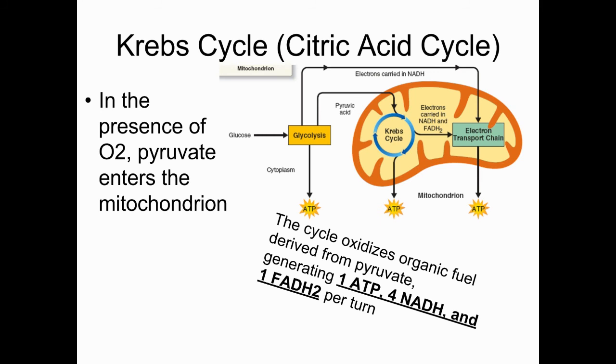This center region is known as the matrix of the mitochondria. That's where the Krebs cycle occurs. And all of these little folds of that membrane are known as cristae. And that's where the ETC occurs. That's where your ATP synthases are located. So just to give you a sense, I'll put an image into this as well, but those are the